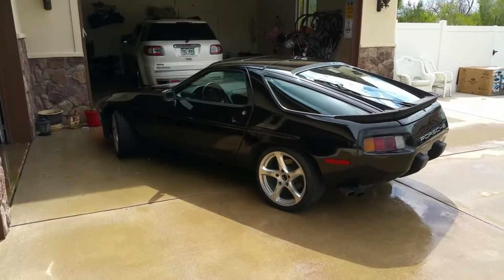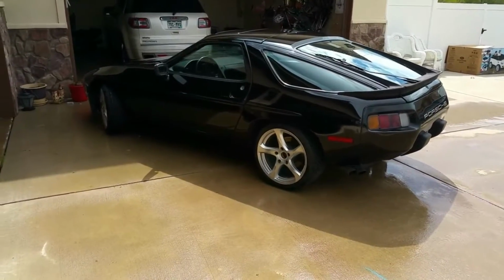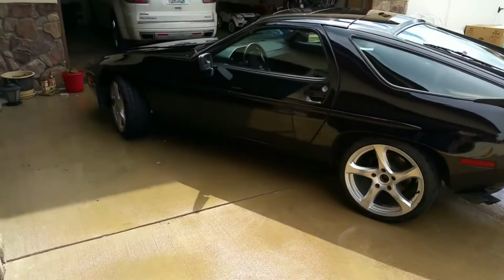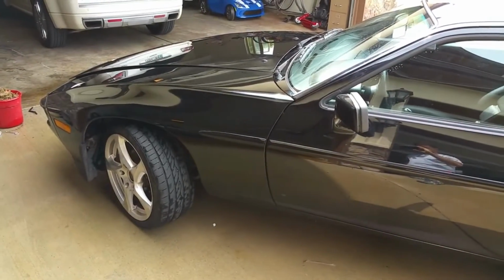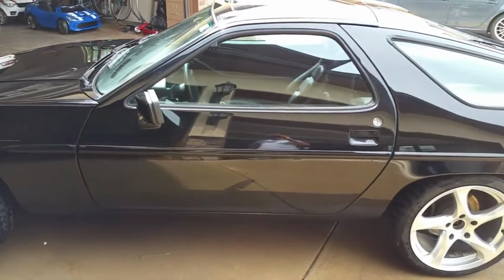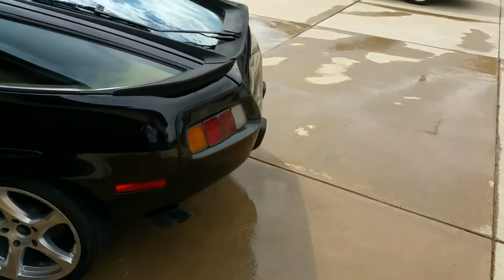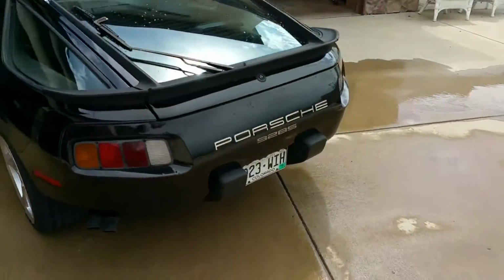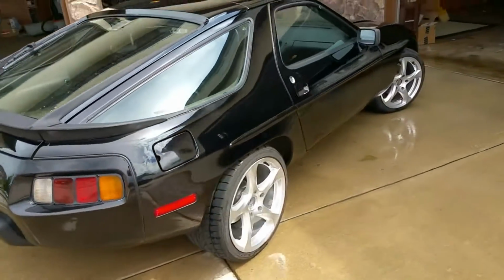Hey, it's Mark Ferguson. I'm standing outside my 1986 Porsche 928, giving you a quick look at the car. Getting it ready for the Concours d'Elegance down in Denver next weekend. I'm taking two of my cars. This one because they're featuring water-cooled Porsches, and this is a 5-liter front-engine V8